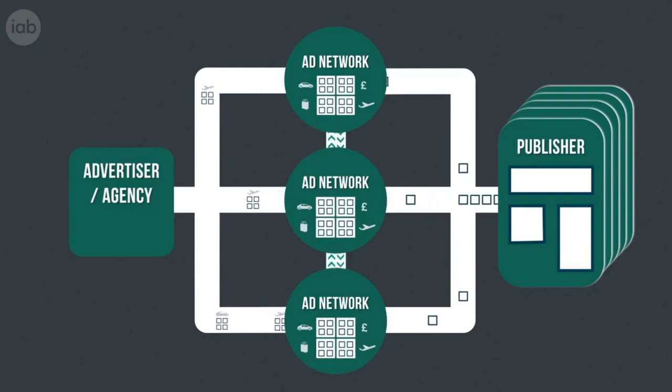In fact, hundreds of competing business models that were trading inventory in different ways. This made it hard for everyone, as they had to deal with lots of different companies looking for the best price to buy and sell their inventory. It also meant that advertisers could be buying the same audience more than once.